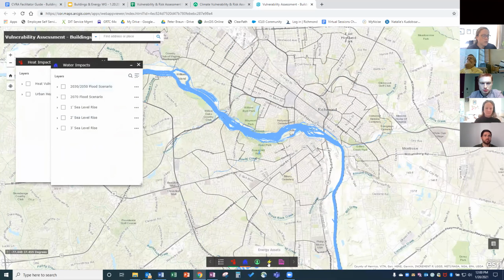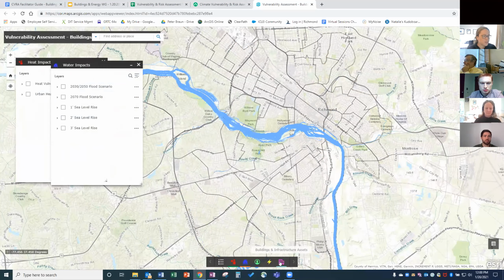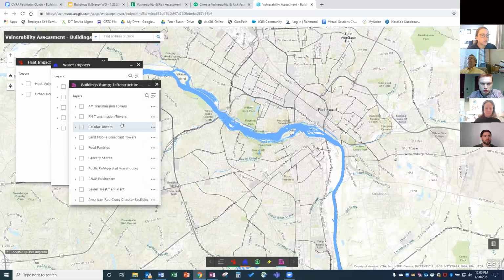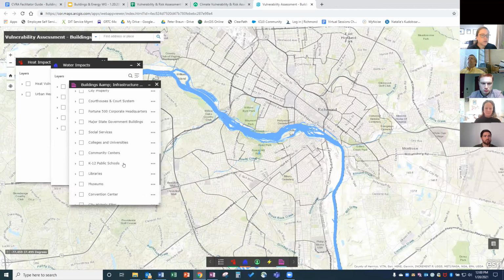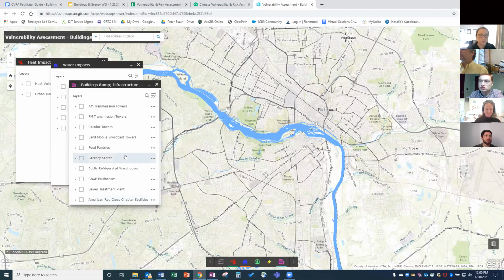Most importantly, though, are these last two widgets. Well, actually, for this group, we only want this one, the pink buildings and infrastructure widget. So this has a list of most of the assets that we're talking about today. If at any point you want to explore how many of this kind of thing Richmond actually has, or where these are located, just to give you a general sense of how these things might be impacted by climate change, feel free to click on one. So for example,